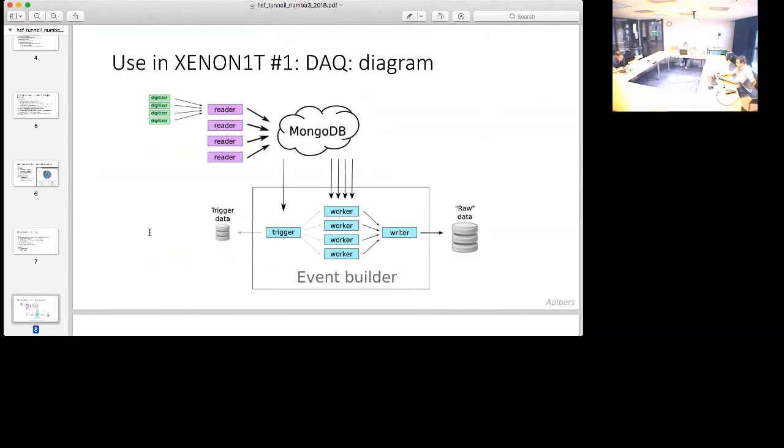Briefly, this is just a schematic. We have a digitizer, where these are read out over optical links from various reader PCs. Remember, there are 248 PMTs. All of these readers are just computers that are CONNECT flash ADC to MongoDB interfaces. That goes into MongoDB, where we distribute it over 3 computers, with about 120 cores between them, that do all of the processing on top of this database, building the events, and this all goes out to raw data.